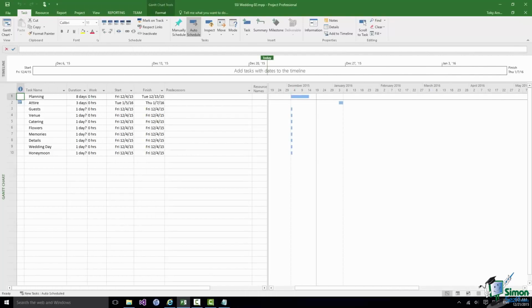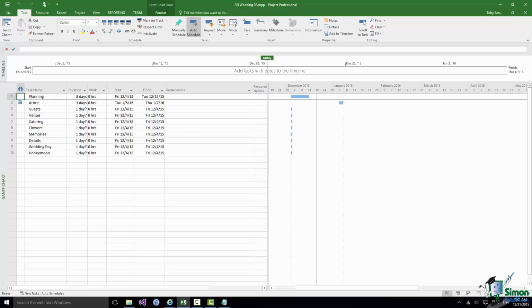Before I really get started, I'd like to point out two things. First of all, if you were doing a breakdown of the tasks involved in a wedding project, particularly if you're doing it from scratch, you would almost certainly come up with a different breakdown to me. And in fact, just about everybody who tries to do this comes out with a different breakdown. So there isn't a sort of right answer here. It's important that all of the necessary tasks in the project are represented ultimately in the project plan. But the way you do this breakdown will be a very subjective way indeed.